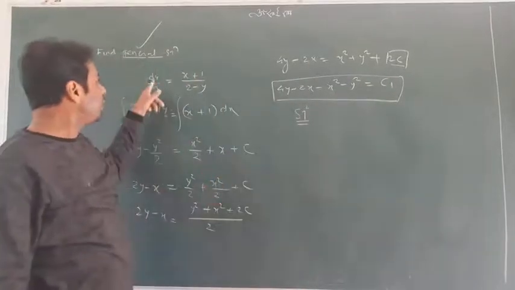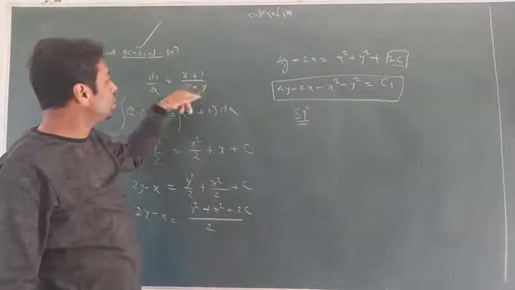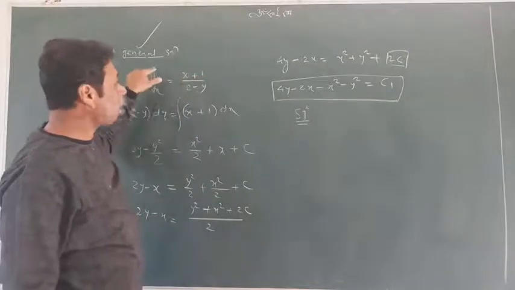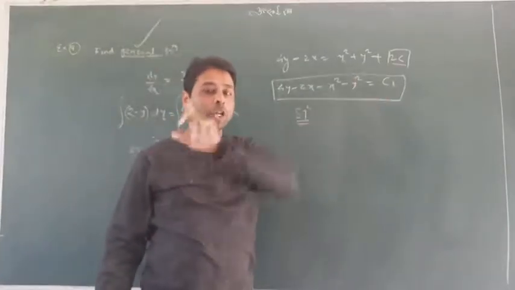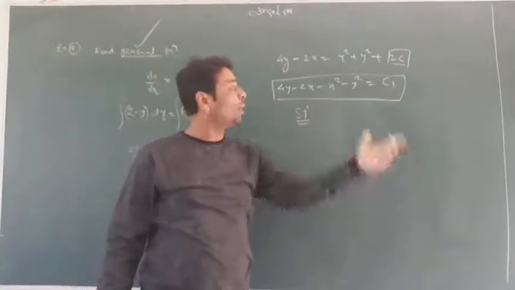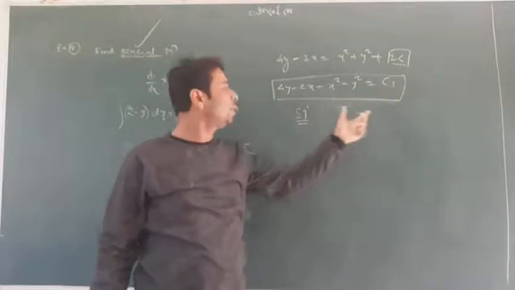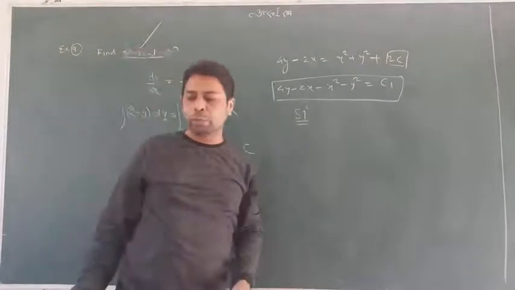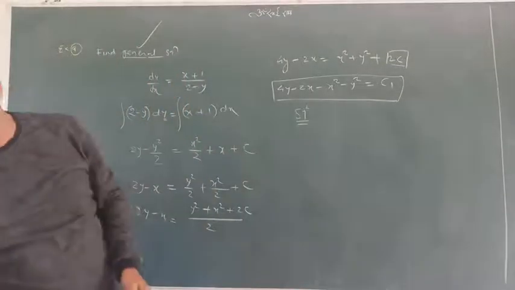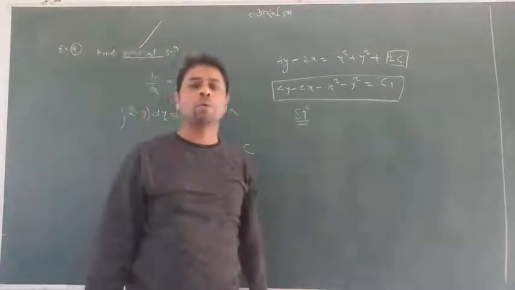So it was dy by dx equal to this. This is a differential equation of order 1, so there was a single constant. So in order 1, the number of constants is 1. And along with the constant, the solution we get is none other than a general solution. So this is the method. I don't think it's a trouble. You can do it. Further, we will see some more questions in the next lecture.